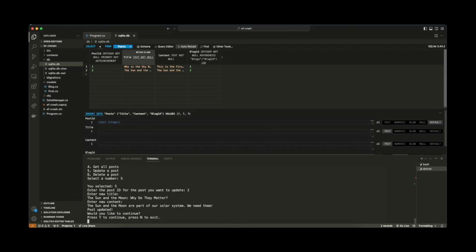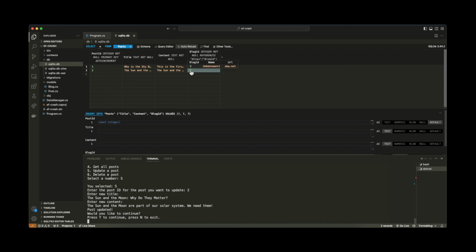So now we can see above immediately that this has been impacted. On row 2 here, we already see the new title and we see the new content. So it's already happening. Now, obviously the blog ID did not change. So this foreign key value did not change because we're not asking the user to make a change to it. And I didn't want to overcomplicate this solution by introducing that, but that's something that you guys